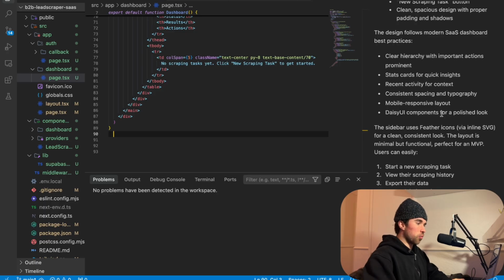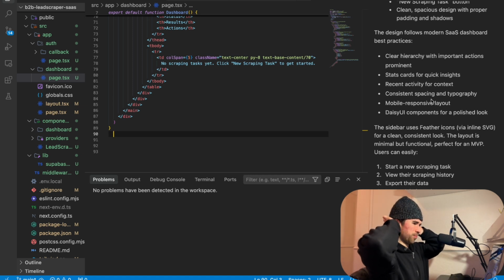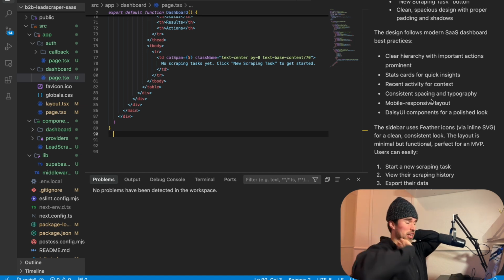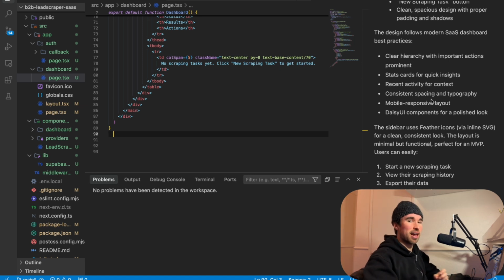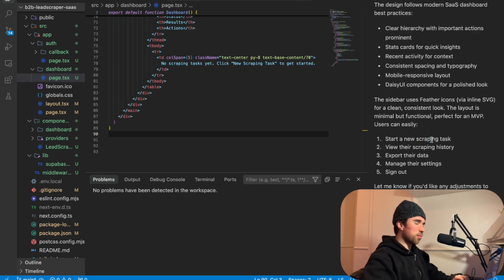Okay, so we basically did a really nice one-shot prompt to style our new dashboard, which is super sick. And it just shows the power of the front end styling of these tools, at least for simpler front ends. When you get a bunch of nested components and stuff, it can get a little bit tricky. But anyway, now I think the task at hand is to